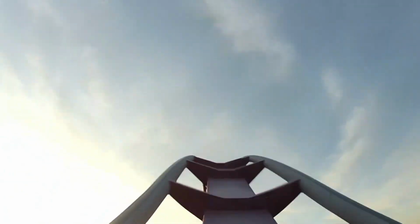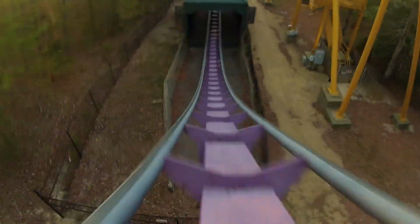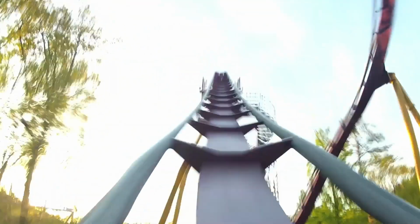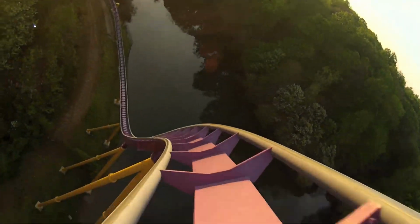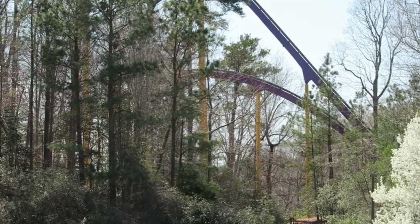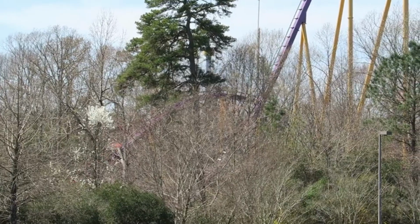If we're just looking at the ride time, then Apollo's would easily get a 10. But since the dragged out and underwhelming layout doesn't do much for me, it gets a 7. Now for the final category, and that's fun factor. I think Apollo's Chariot is a very fun and enjoyable roller coaster, so it's getting a 7 out of 10